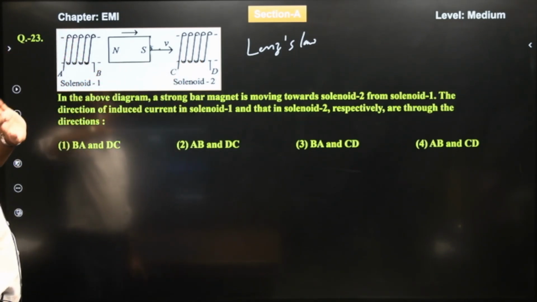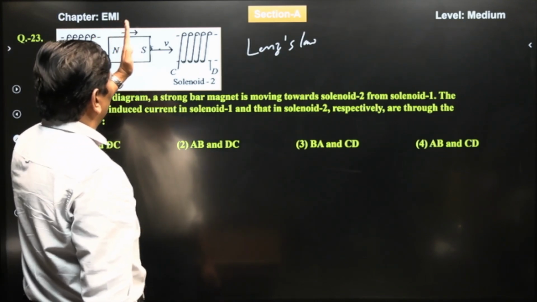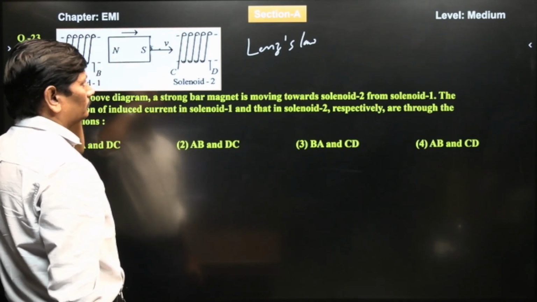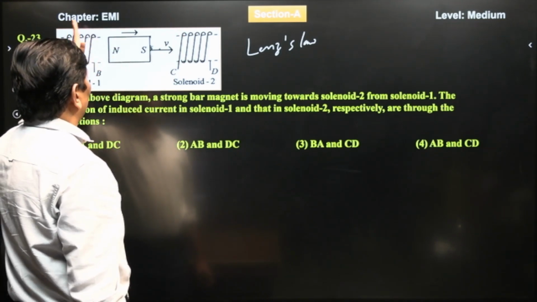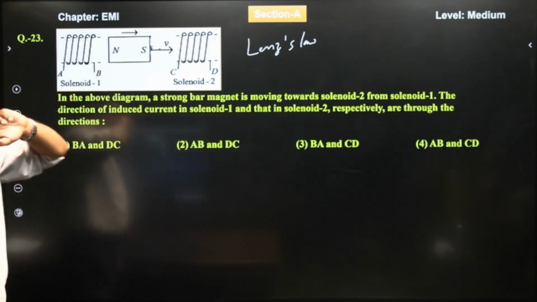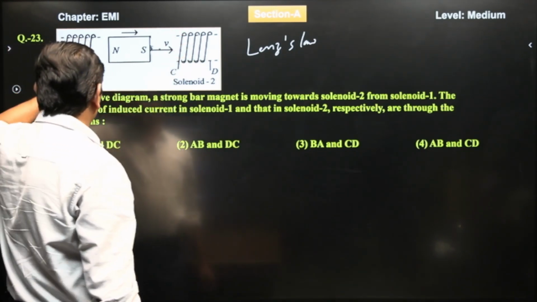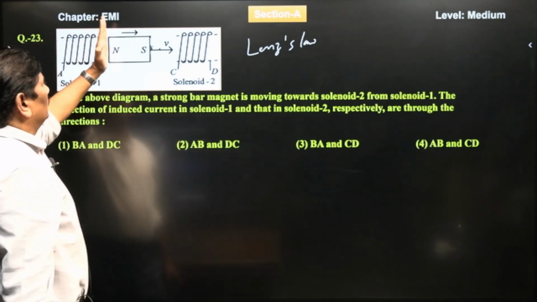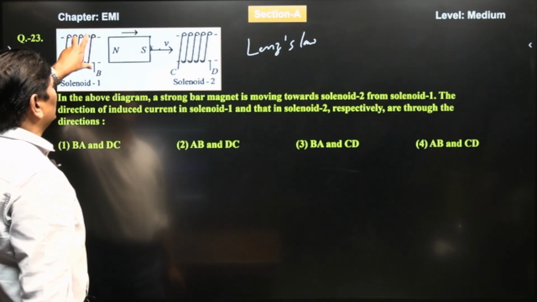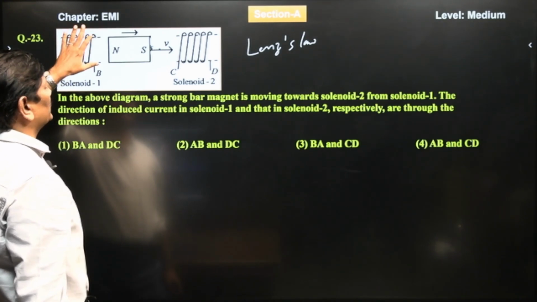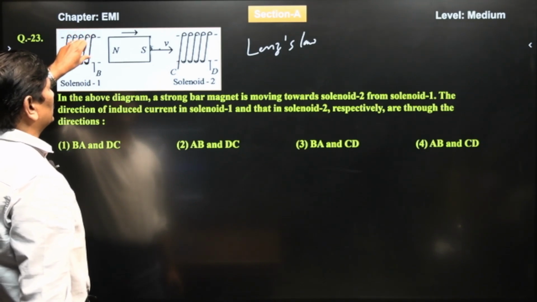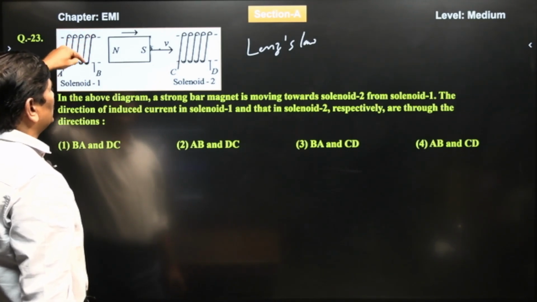Now see, when this bar magnet is moving towards the second one, it is moving away from the first one simultaneously. That is the case. Now take the first solenoid. The bar magnet is moving away, which means the flux linked with solenoid 1 is decreasing. Now due to the decrease in flux,